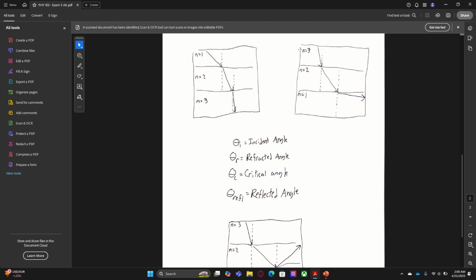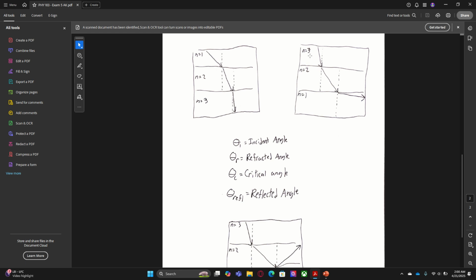Now, in the case of the opposite, where we're starting in a layer that has a high refractive index and approaching a layer with a lower refractive index, we'll need to calculate a critical angle to see if our incident angle is less than the critical angle. But before we cover that,